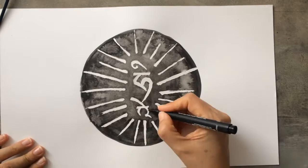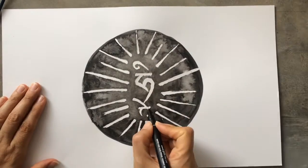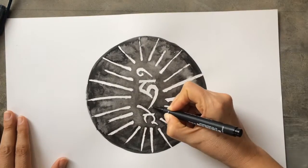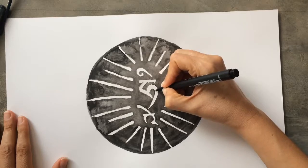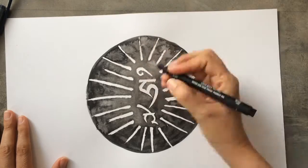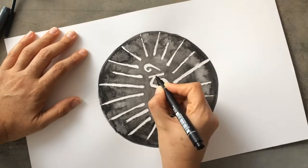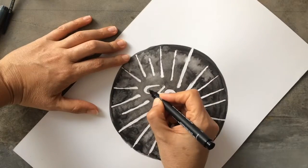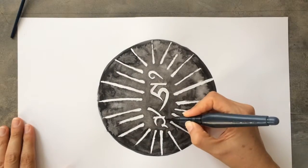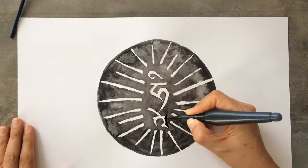I'm going to fill the outline with a very thin black pen to make the edges a little bit sharper, because they're nice in that rough style, but I also want the syllable to come out a little more. So let's see how this is, and if I don't like it, I will probably do something else. Yeah, I don't quite like it totally, so I'm going to use this brush